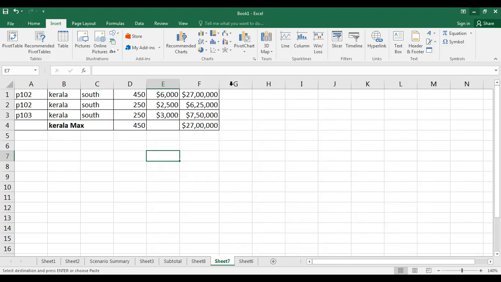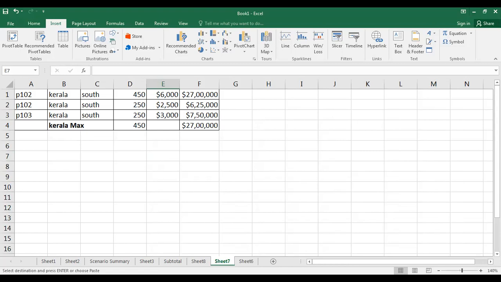Whichever screen you have, it's not only Excel, any window. Even if I open a web browser, for cricket scores or the stock market, whichever I want.